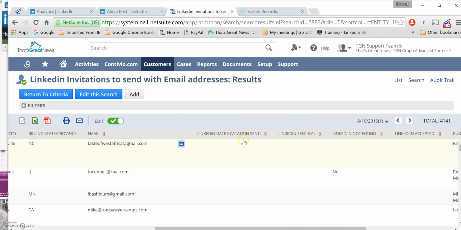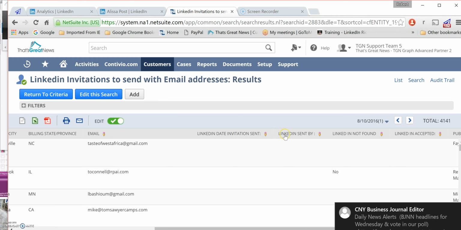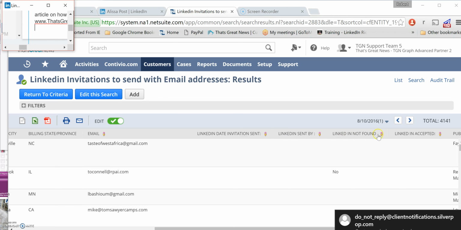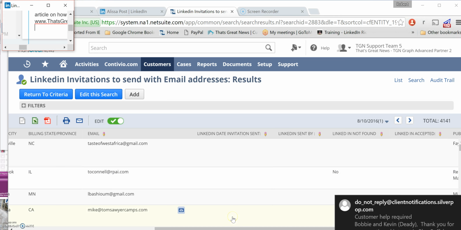There are four fields. The date the LinkedIn invitation was sent, who it was sent by, was LinkedIn, or you check the box if LinkedIn is not found, and then the date or you check when LinkedIn was accepted. So you go back into your LinkedIn account, you find the appropriate person based on name and company,